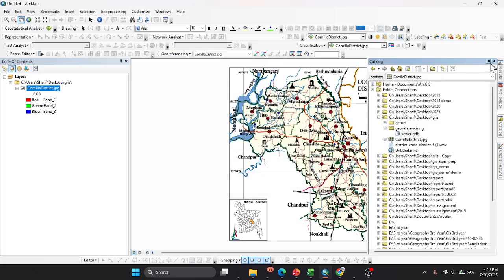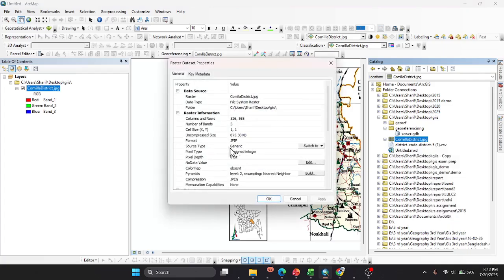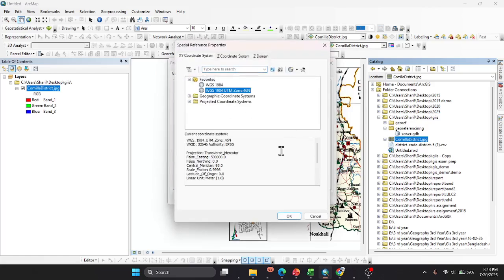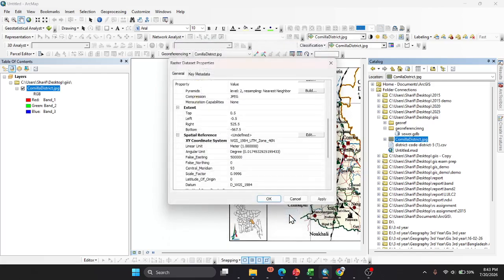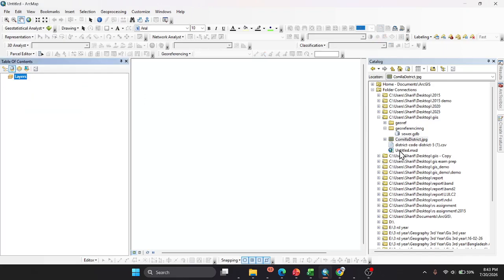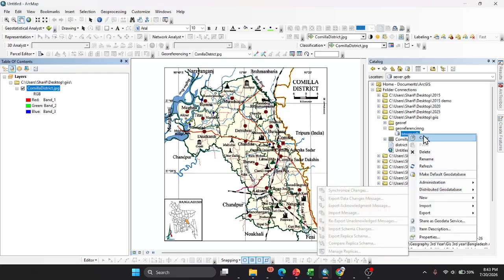So in the catalog, first of all, in this image's properties, I edit the spatial reference, and that is magnetic. It's for Bangladesh. Then it is not showing random things. In this database,